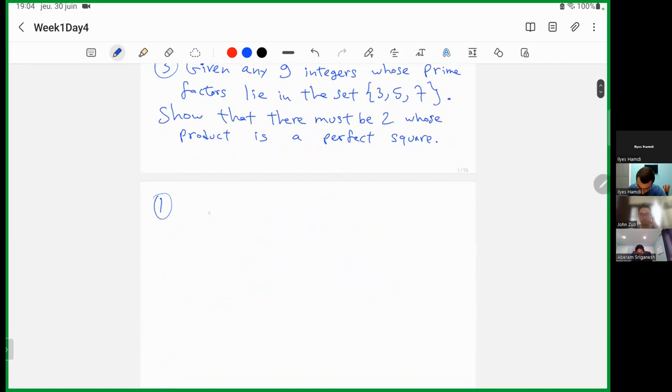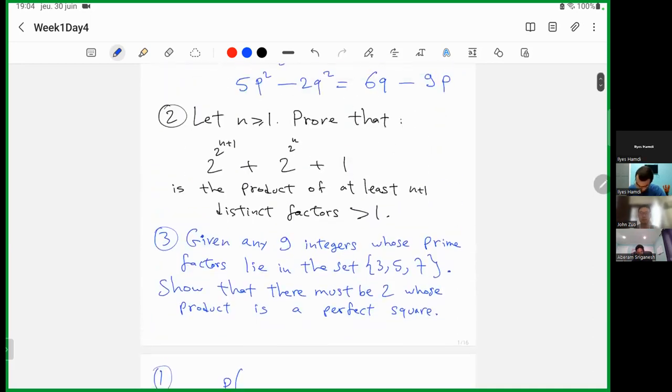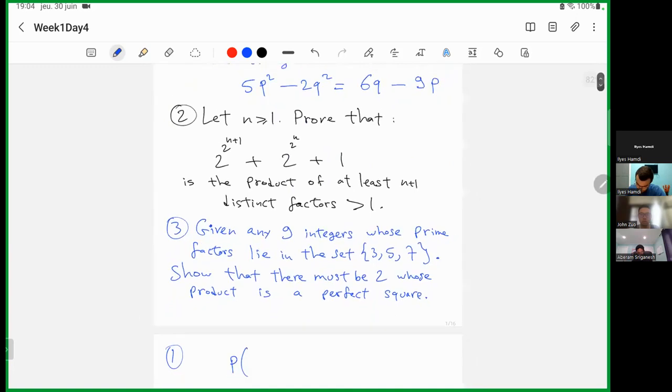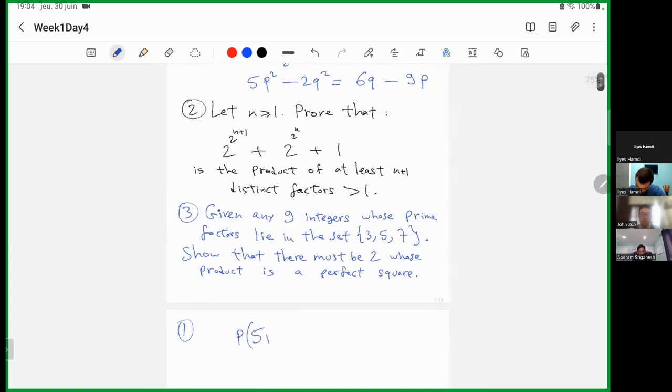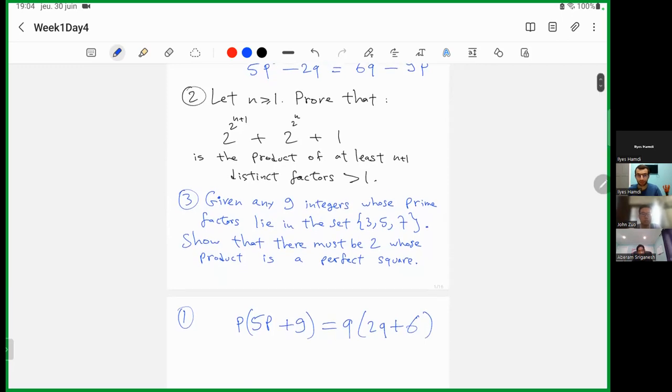So basically, rewrite the equation after factoring by p. I don't remember. Let's try. So 5p plus 9. And on the other side, I would have 2q plus 6. Okay, perfect. So we have only pluses, which is nice. Only positive numbers is easier to deal with than negative numbers. And now that we have done this,